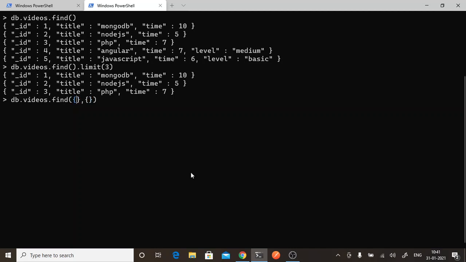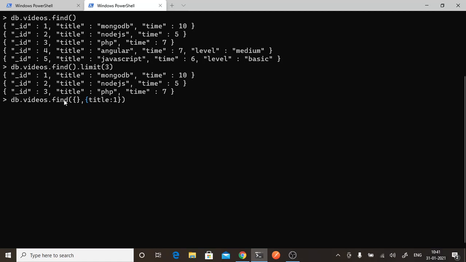First is the where condition, or your condition based search. Second will be what fields you want to see. So for now I want to see the title, so I will set title to 1. By default, the other fields will be given 0 and title is 1.